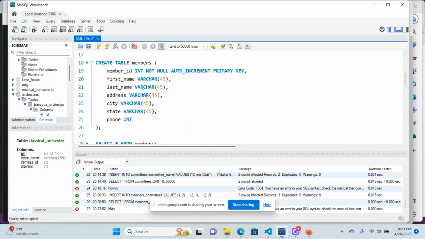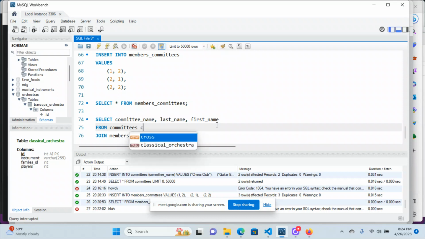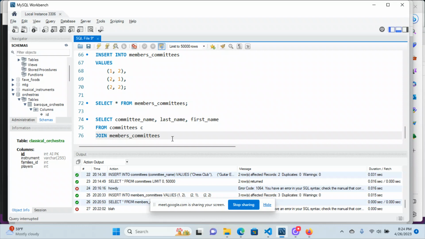And so what we have to do is take committees and join it to the junction table, members committees, and then join that to members, right? So again, you guys have done this before. It's just that this time it's working with a different kind of relationship with the junction table. So instead of joining members here, we're going to join members committees. And I think we'll probably want to stop typing committees at some point, so we'll want to give these aliases. Members committees, MC